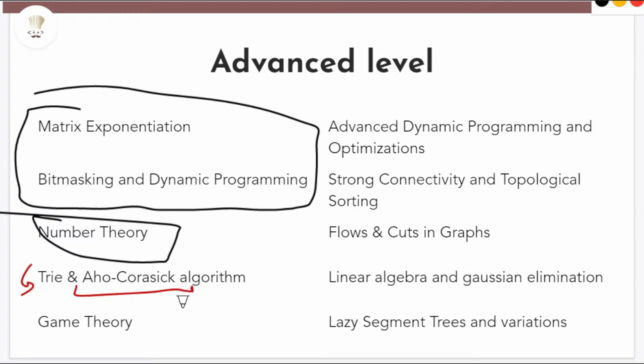the Aho-Corasick algorithm, which is the multi-string equivalent of the KMP algorithm. If you have studied the KMP algorithm, which I think many of you might have, it is just the multi-string equivalent of KMP, and it is a really good algorithm which uses tries. So if you want to learn that, you can attend the next advanced class,